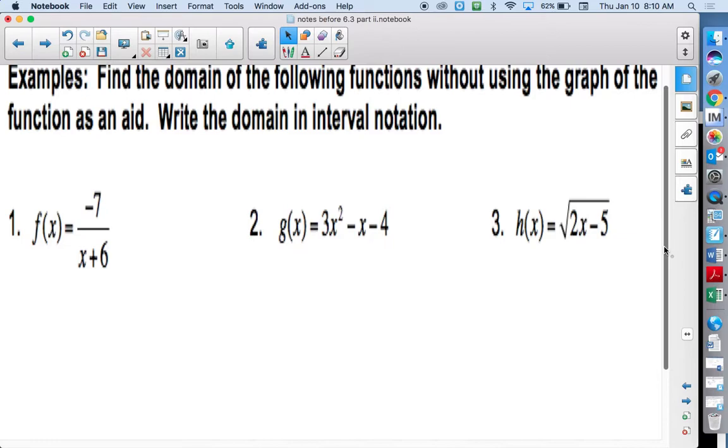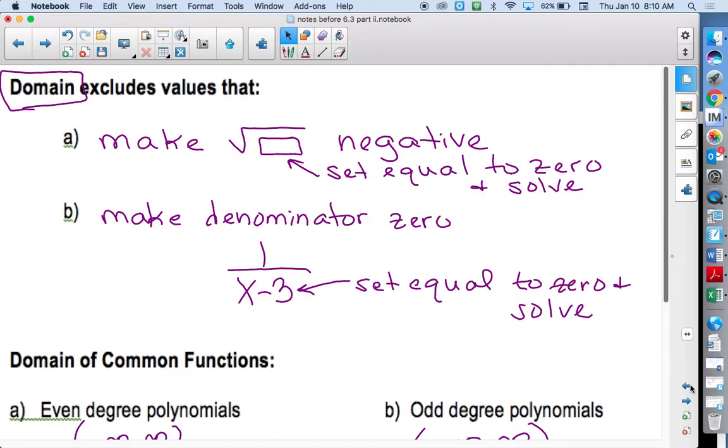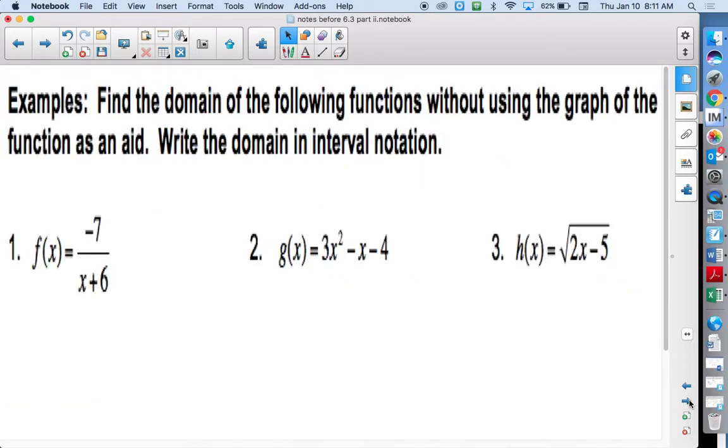So the first thing is we have to look and decide what type of function we're dealing with. Right away, I see this as a fraction. So when it's a fraction, if something makes the denominator 0, that number is excluded from the domain, meaning that's the number that the domain cannot be. The way we can easily find that is by taking the denominator and setting it equal to 0. So we have negative 7 divided by x plus 6. Well, the negative 7 doesn't matter with the domain. It's the part where the x plus 6 is going on. So if we set that equal to 0 and solve the little equation for x,